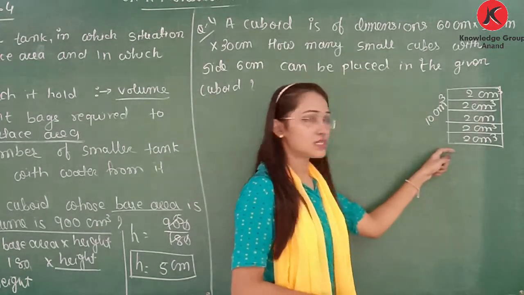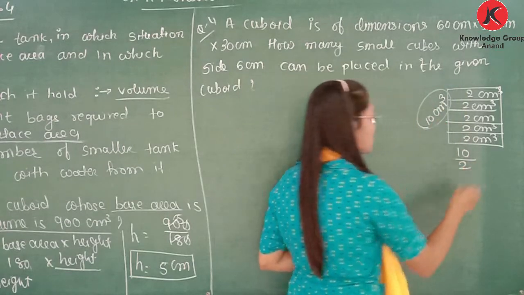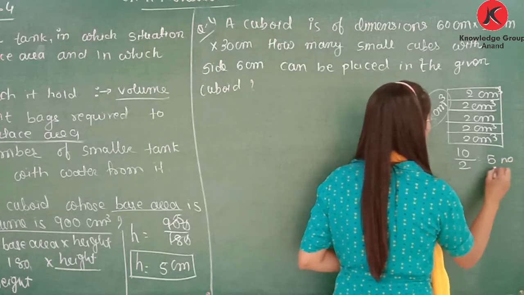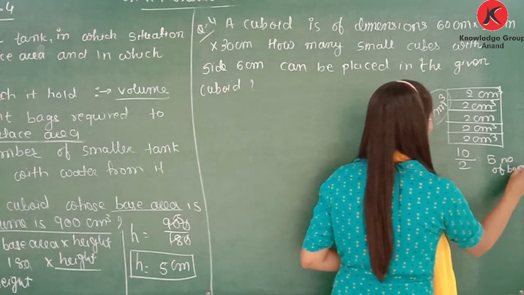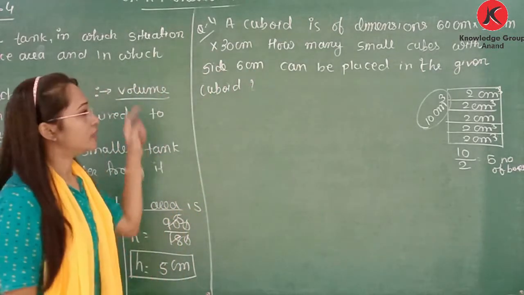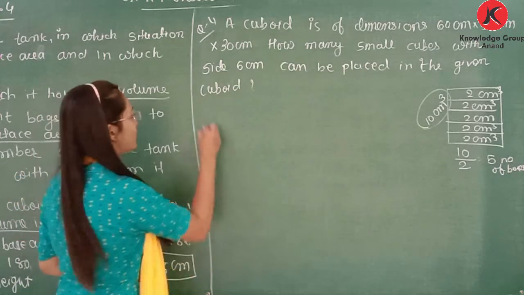So how can we find this answer? If you divide total capacity by the capacity of the smaller box, it is 5. That is the number of boxes. So same here, we need to find the volume of the bigger box, then the volume of the smaller box, and then we will divide both volumes. So let's find